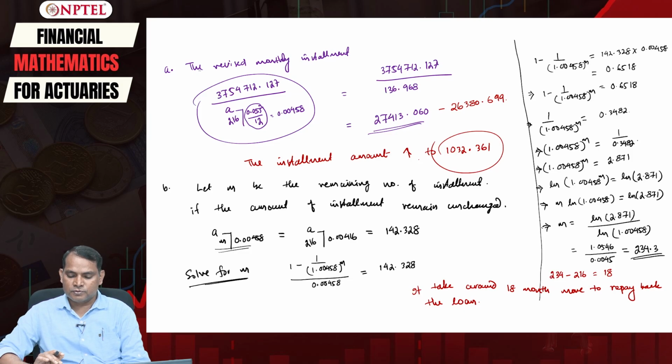This type of problem is very common in real market situations, where sometimes the bank initially comes up with a loan scheme with a stated interest rate, and after some period of time that interest rate may increase. So at that time you need to recalculate the total installment amount, and also the total time period in which the loan is to be completed fully.